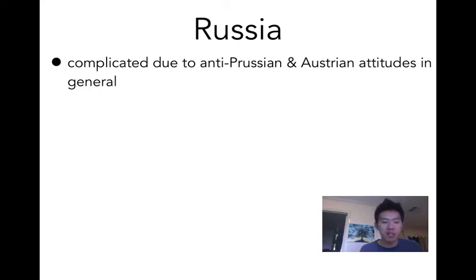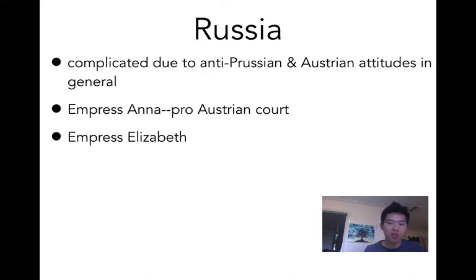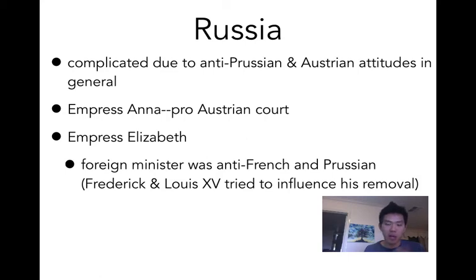Their situation is kind of complicated because of where they are geographically. They have, for the most part, been anti-Prussian and anti-Austrian because of their rivalry in taking over that Baltic region, and so they have competing empires. So what ends up happening is we talked about two ladies. We talked about Anna and Elizabeth, and we talked about Anna very crude. Elizabeth comes after. Elizabeth is the daughter of Peter the Great. Anna, when she was in power, her court was pro-Austrian, and so that's kind of where they stuck with that trend. And Elizabeth, under her reign, she ends up siding with Austria because her foreign minister was anti-French, anti-Prussian, and influenced her,